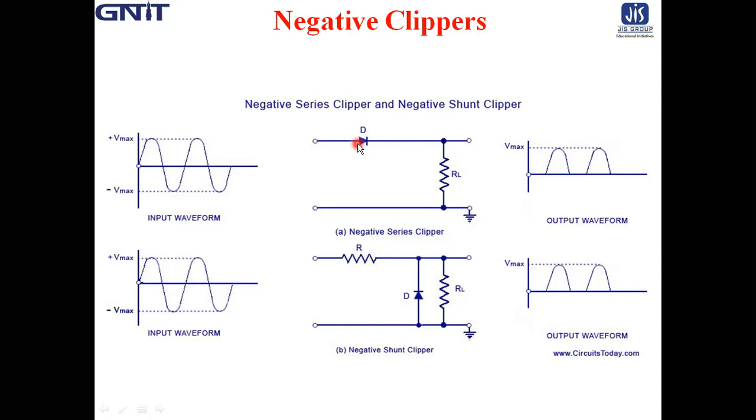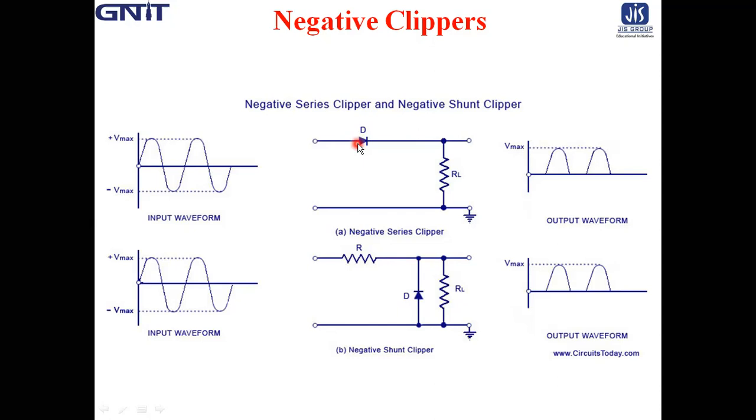The diode acts like a closed switch, that means forward biased, during the positive half cycle of the input voltage, while it acts like an open switch, that is reverse biased, during the negative half cycle of the input voltage. The total input voltage drops across R during the positive half cycle, while ideally no voltage drop occurs across R during the negative half cycle.